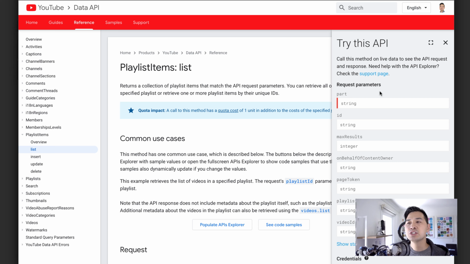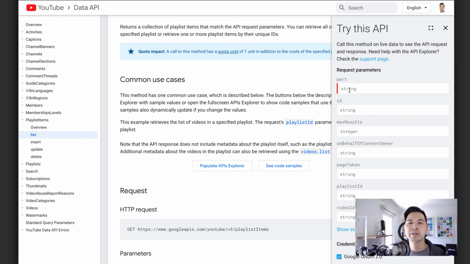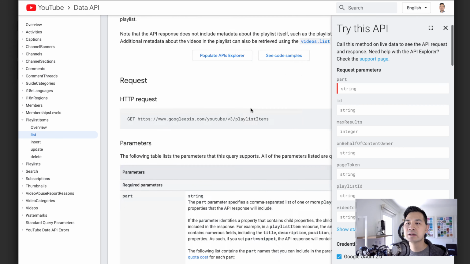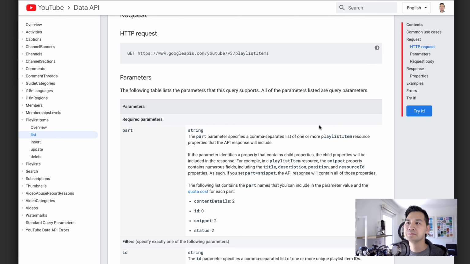Now, each API call has a set of parameters, right, that you need to specify. Some are required, some are optional. The ones in red are required. So let's take a look at what this required parameter is and what sort of info you need to pass in. If you scroll down a little bit, there's this table here called required parameters, and part. You can read what it means here. But in general, it dictates how much data you want to get back for